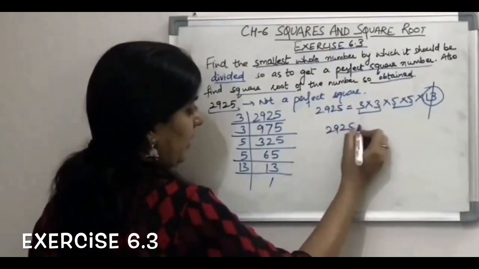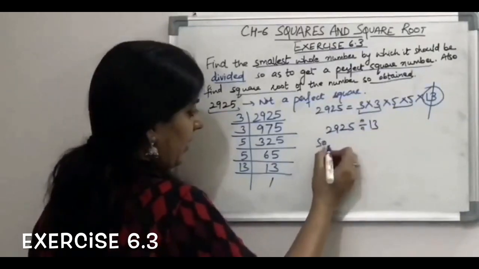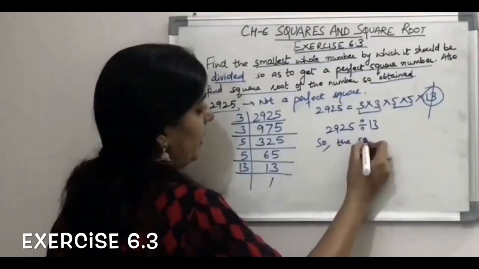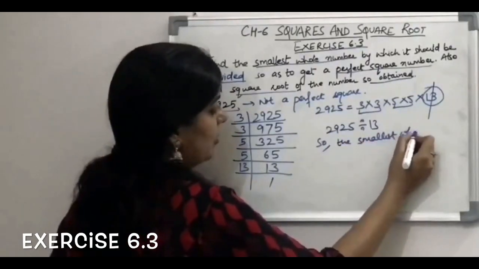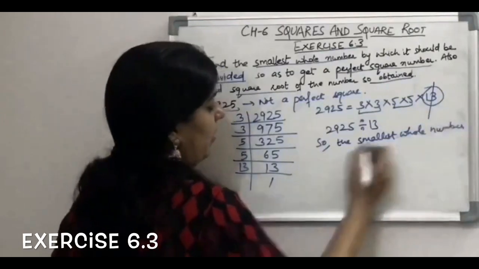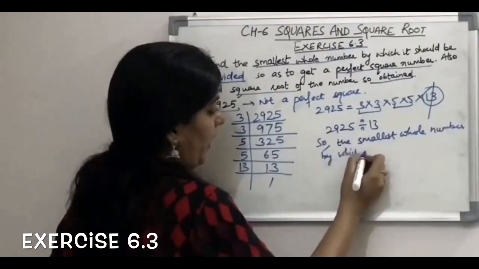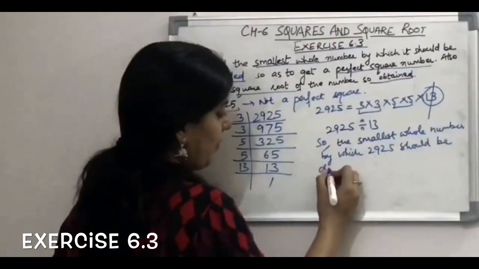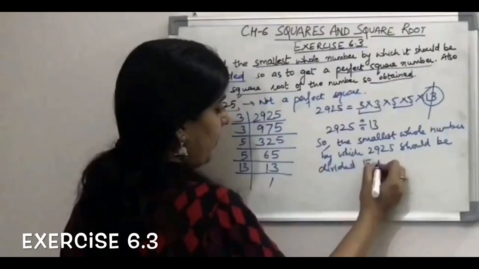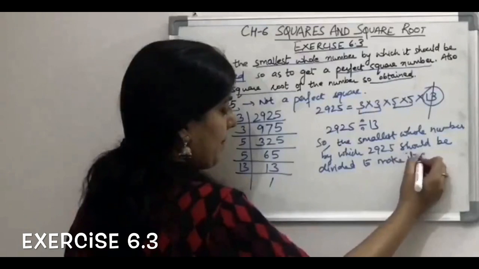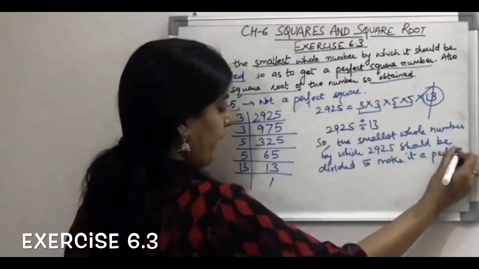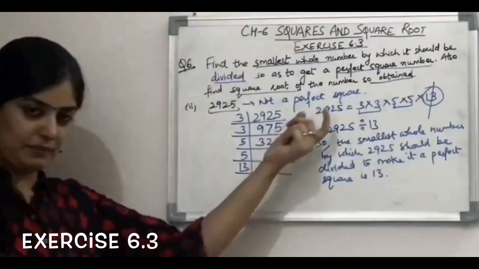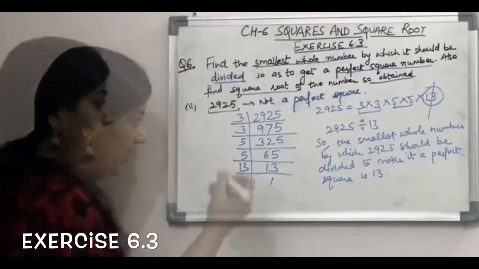Let us divide it by 13. We will write similarly to how we have written in the 5th question. So the smallest whole number by which 2925 should be divided to make it a perfect square is 13. That is 13. Now we will divide it by 13, so let us divide